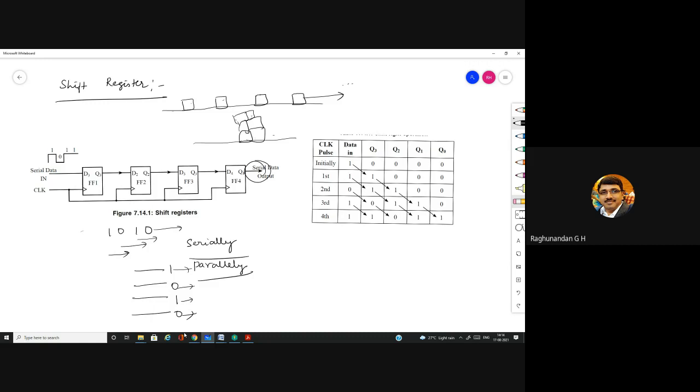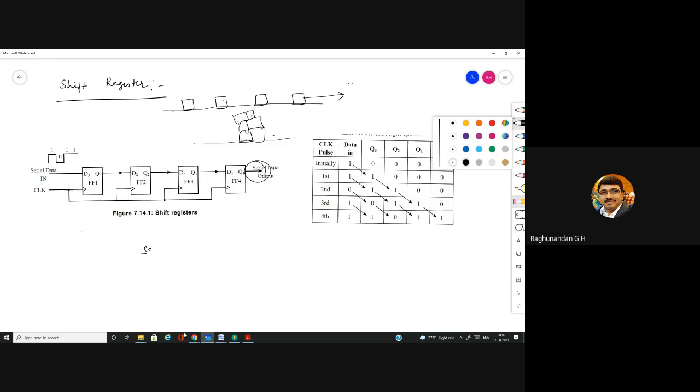Then the number of flip flops used might increase, because you know that a flip flop is having only one output, that is Q, and Q bar is the complement of Q. So in series combination, one output is sufficient, but in parallel combination, you need to add some more flip-flops. Then each one is going to give one bit. So this is parallel and this is serial shift register. In this, there are four types of shift registers.